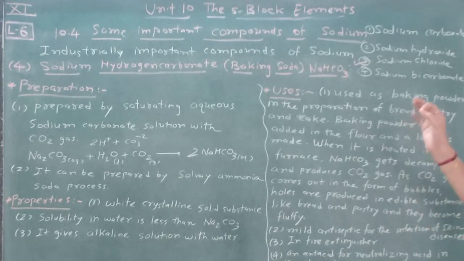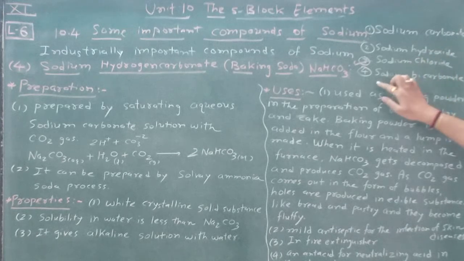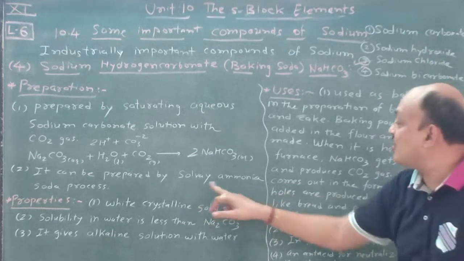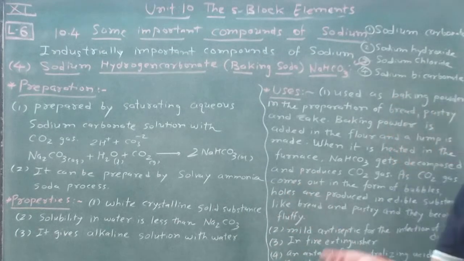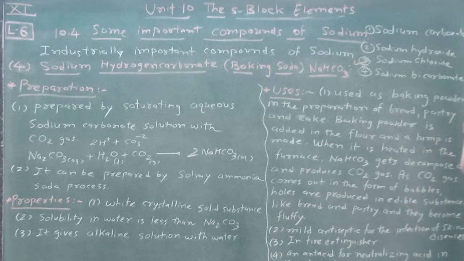So here are some important compounds of sodium. We finished sodium carbonate by Solvay's process. Second, we finished sodium chloride, which is obtained from seawater by solar evaporation. Third one, sodium hydroxide by Castner-Kellner's process, and fourth one is sodium bicarbonate, which is prepared by the Solvay ammonia soda process. This is very important. You have to remember which process, and what is the name of that, because a question may be asked from that. So these are the important preparation, properties and uses. Take a screenshot and write it completely from your NCERT textbook.